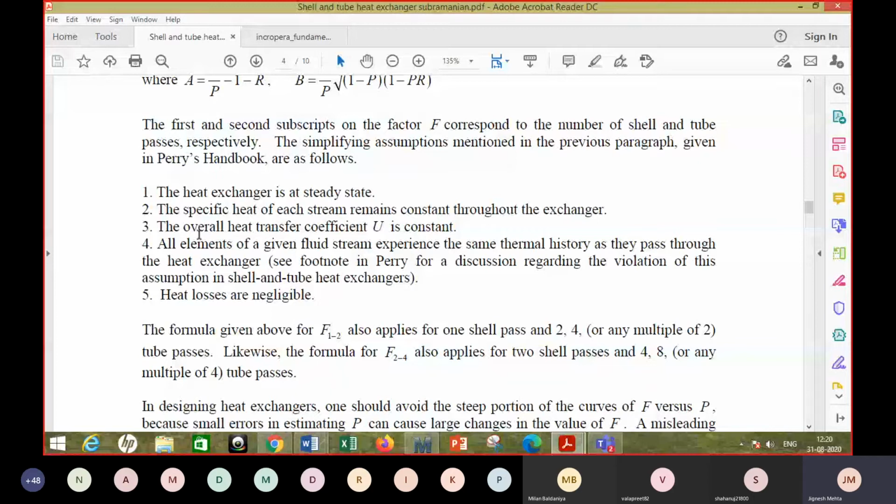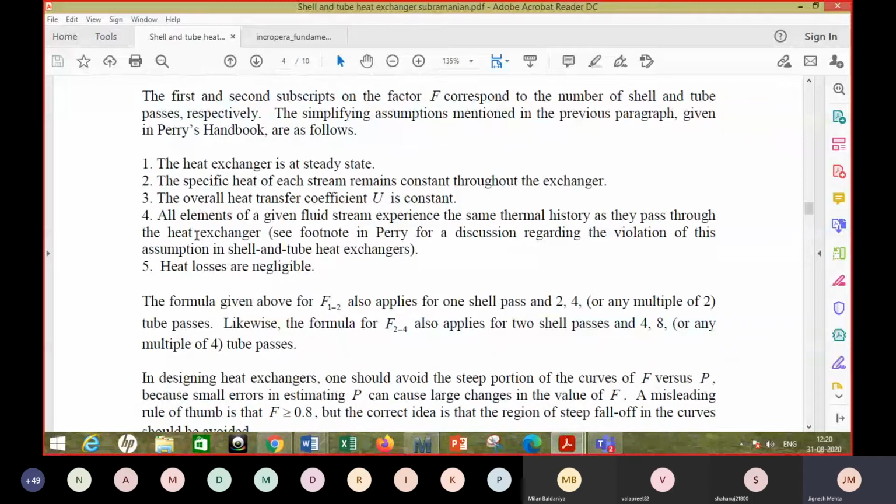If you recall what you learned in thermodynamics, you used to be told that a heat exchanger is an adiabatic system, right? So one may ask, when there is heat exchange, why do you call it adiabatic? The reason is that the heat exchange is an internal process between the two fluids. It's not between the system and the surroundings. So there is no heat loss to the surroundings, and most of the time that is desirable, right?